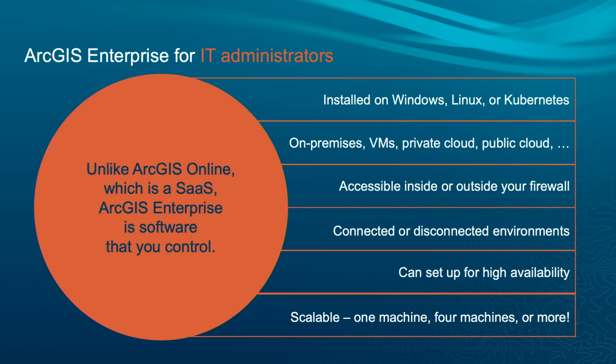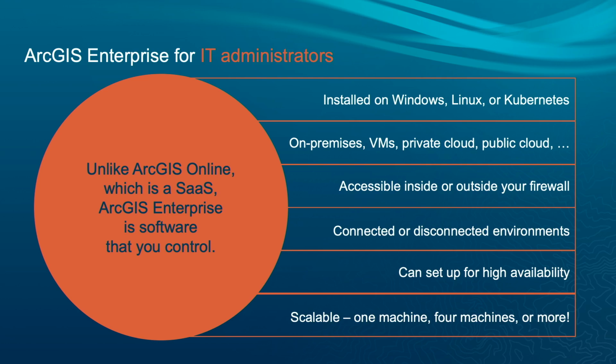Enterprise is installed on your own infrastructure. Where does that live? Do you want to have Enterprise installed on premises, on physical servers there? Is it going to be on virtual machines? Is it going to be private cloud, public cloud? It's all up to you for what makes most sense. You can also choose, do you want to install Enterprise inside of your firewall or outside of your firewall? What meets the needs of your organization? You might also be really concerned with security and need to be totally disconnected from the open internet and have a disconnected environment. That's an option with Enterprise. Or maybe you do want to be connected, and you can make that choice as well